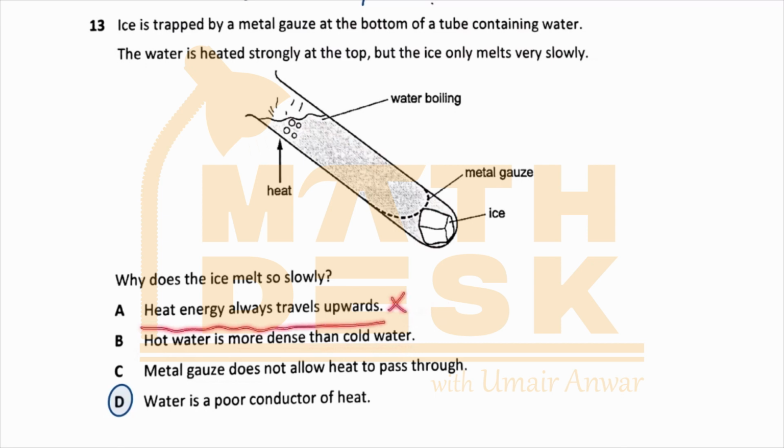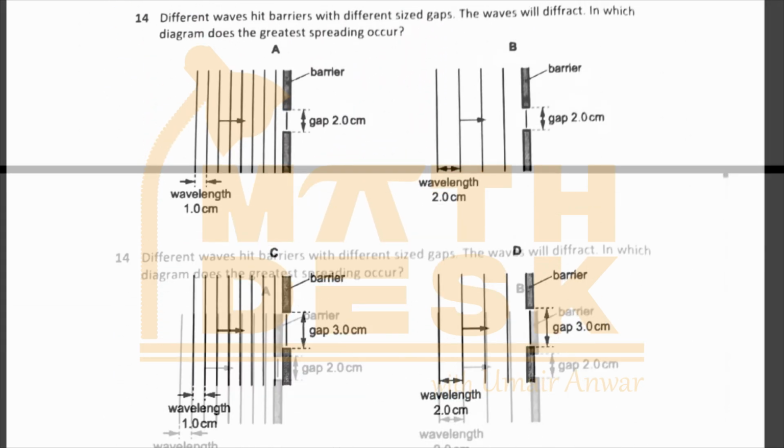This is not correct. Heat can travel in any direction which has a temperature difference. So the heat always flows from the region of higher temperature to a region of lower temperature. The next part says